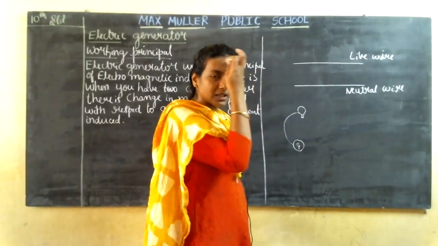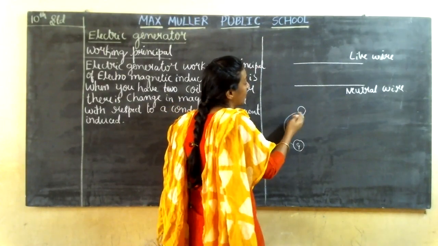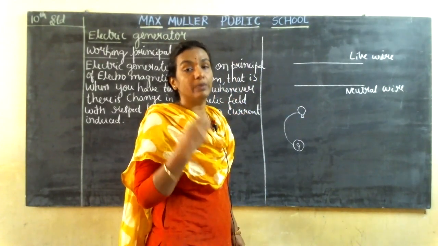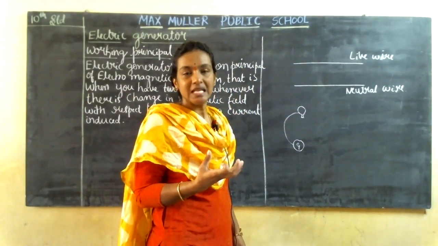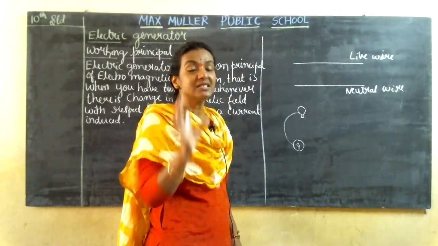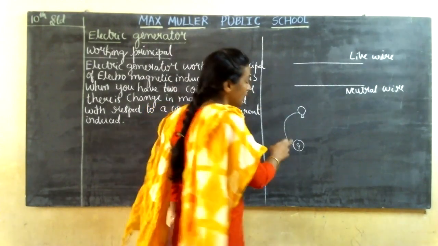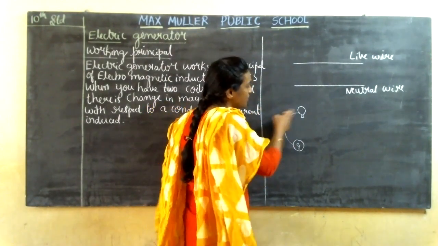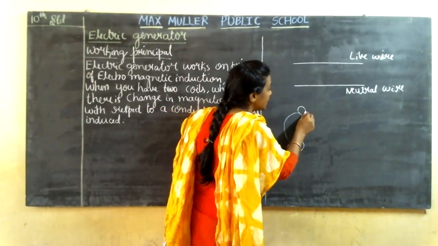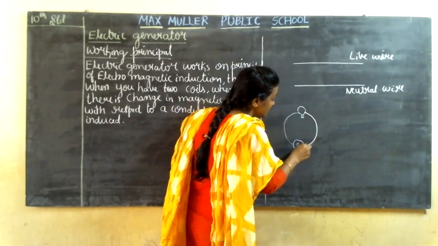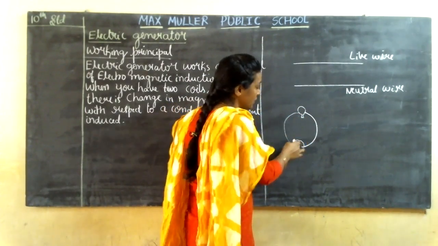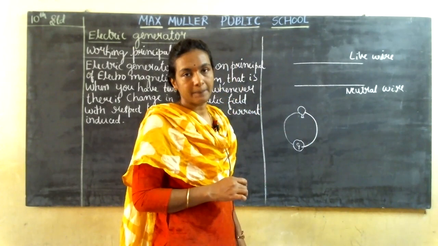From the battery, you have taken one wire and connected it to the bulb. Is it possible for the bulb to glow there? We learned this in electricity, isn't it? If you want the bulb to glow, you need a complete circuit. So another wire must come from here to this point, and only then will the bulb glow when you switch on the key here, right?